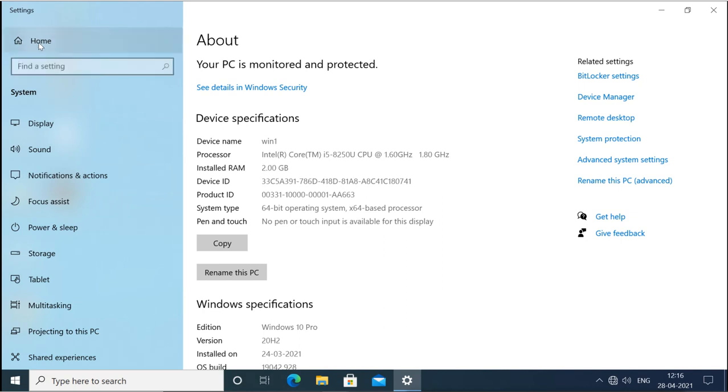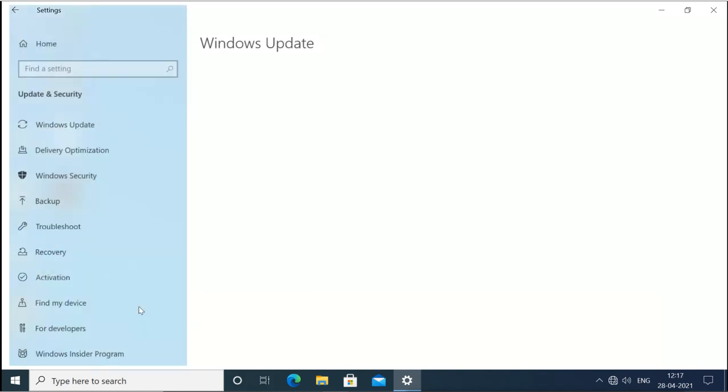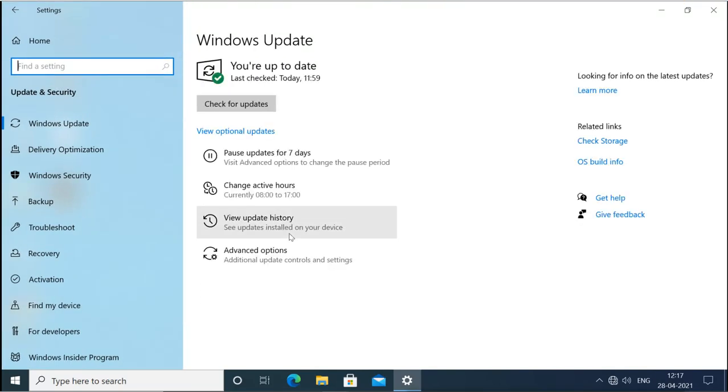So I'll go to the home settings app first. In the settings app, we'll go to the update and security feature, and under update and security, we'll go to the recovery option.